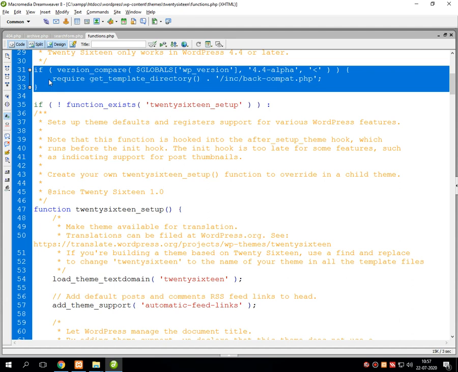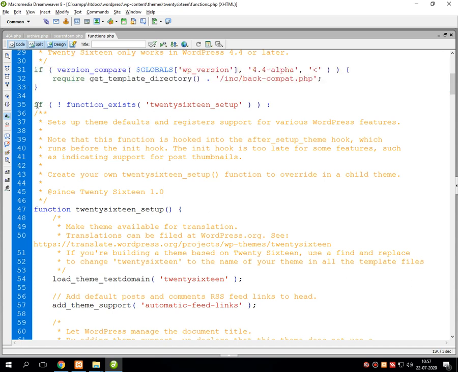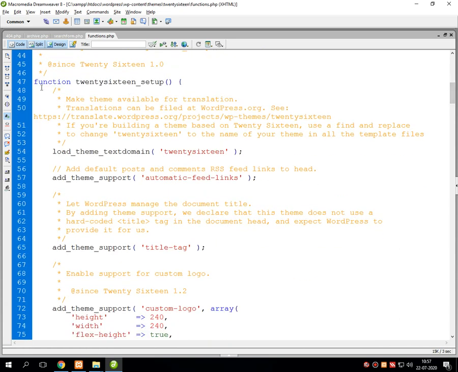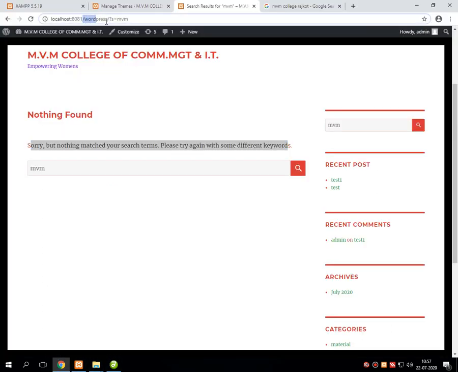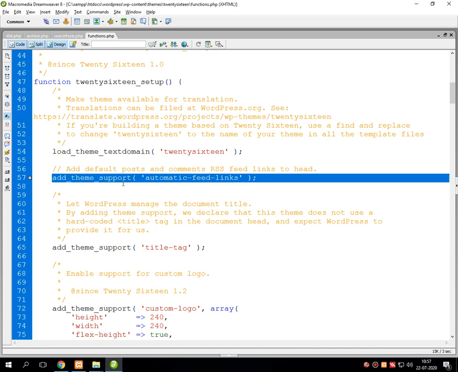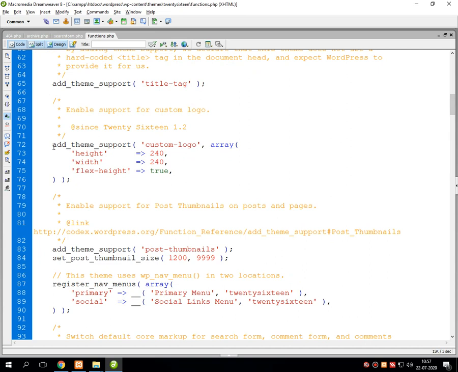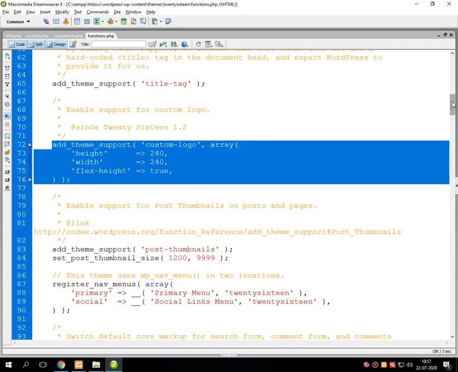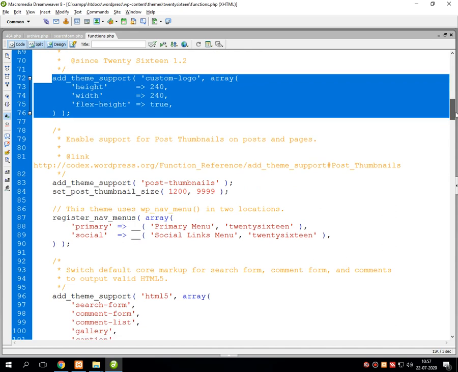If everything works fine, then this decision making statement will be ignored by the existing program and it goes on to set up the existing theme in WordPress. Then this function sets up the theme into the domain that we have created. Domain means the WordPress folder under which we have set up WordPress. It adds the supports and the feedback links and many more sections of the entire theme into the particular part of the theme.